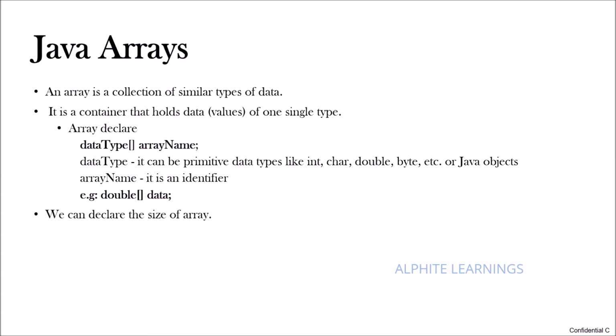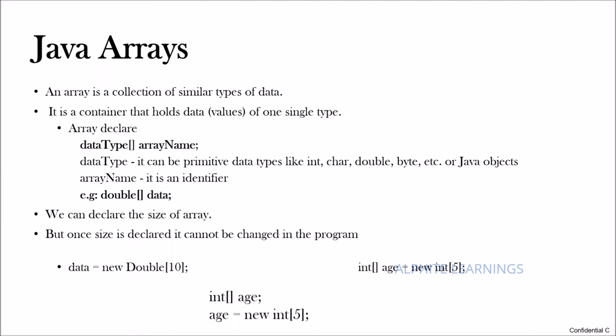Okay, and one more thing is, if you declare the size of an array, you cannot change it. If you have given the size of an array as 5, you cannot add a sixth element into the array. That is what it means. But you can hold fewer. If the size is 5, you can store 1 or 4 or whatever, but nothing more than 5. So this is how you give the size.